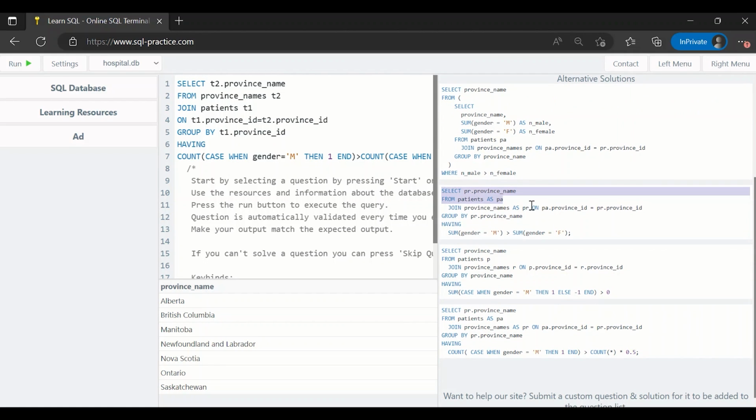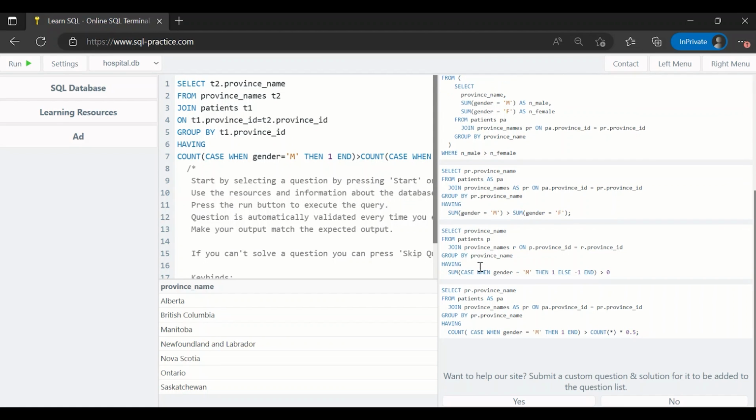If we talk about this solution, it is similar to what we did. I'm getting province name, then we join patients and group by province name, having. I used case. Instead of that, they have used the sum of all the gender equal to male greater than the sum of all the gender equal to F. In this solution, they have provided the sum of the records when gender is male then 1 else minus 1, and it should be greater than 0. So instead of using the case twice, they have merged it into one case itself,